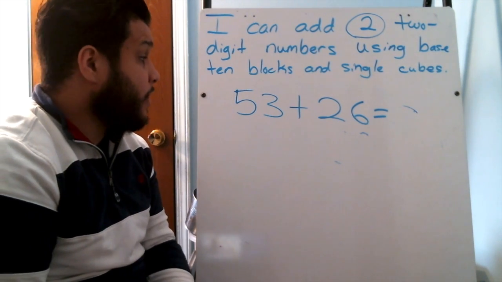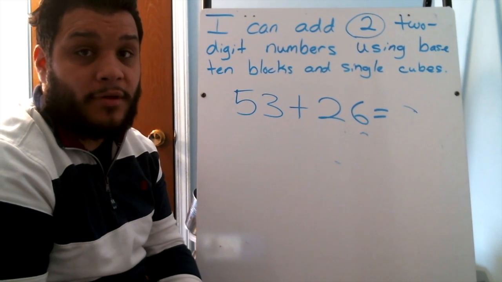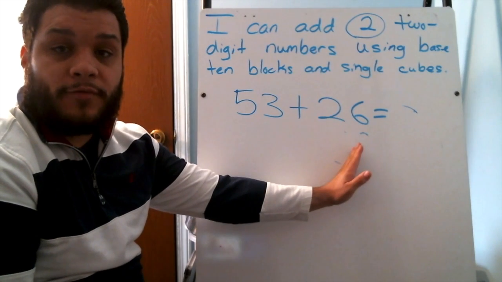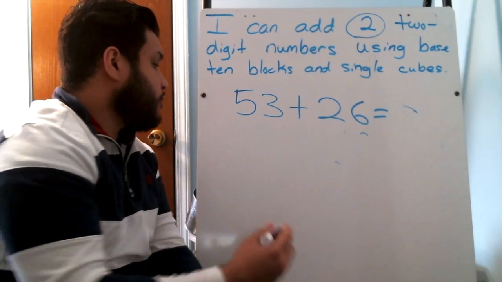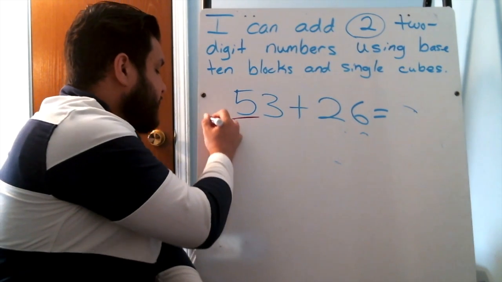Well, my first thing that I'm going to do is draw my picture. And how many different pictures should I have? 2 pictures. One for the number 53, one for the number 26. Let's draw them. How many tens in the number 53? 5 tens. 1,